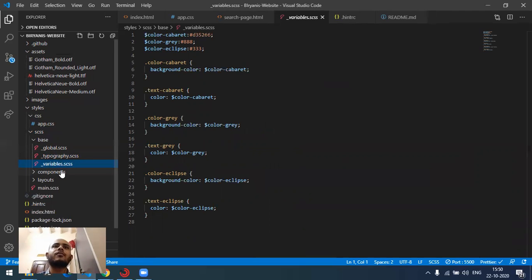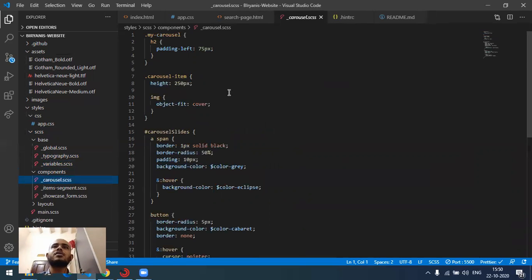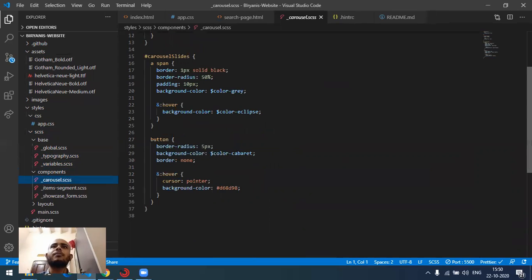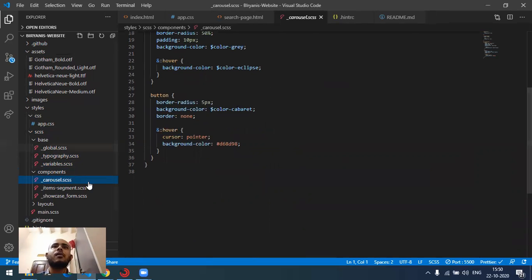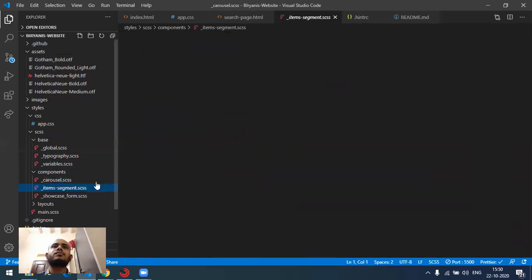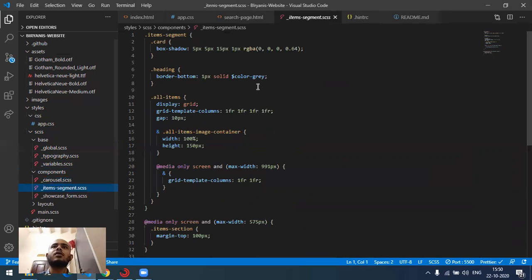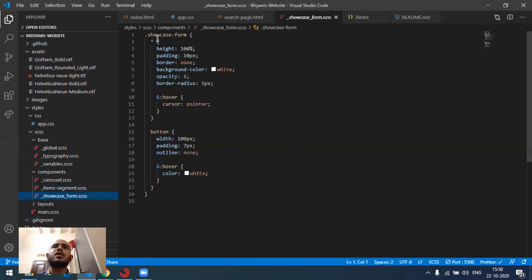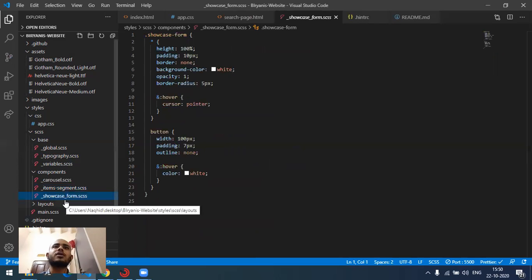Then there is the components section. In that, this carousel CSS is mainly for the Bootstrap carousel, which I made there. Then the item segment is used for this, where I use media queries for 991px and 570px, and also I set the grid template columns. Then there is a showcase form which includes the styles for the showcase.